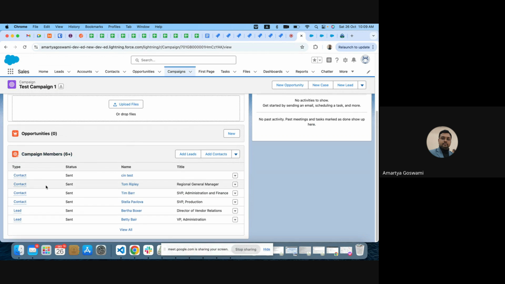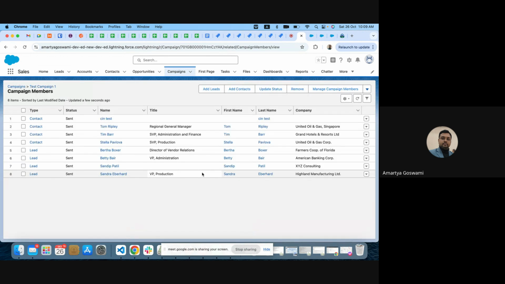So I have added, say, four contacts, two leads. I can click on view all and I can check who all I have added, right? Send list email: I can just select people from here. When I am adding people in a campaign, the purpose is that I can send bulk email to them. If I click on send list email, the email will go to all of these people whom I have selected,